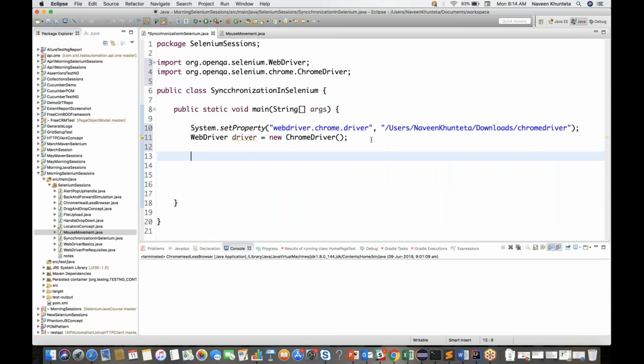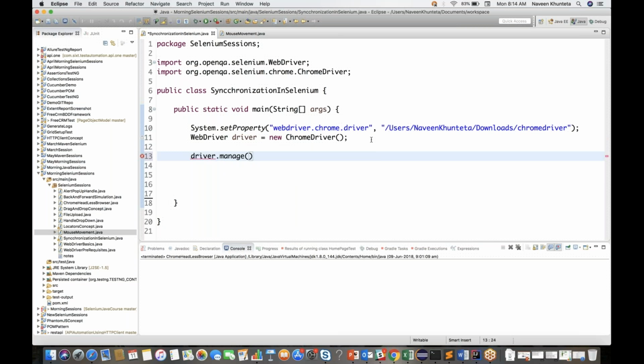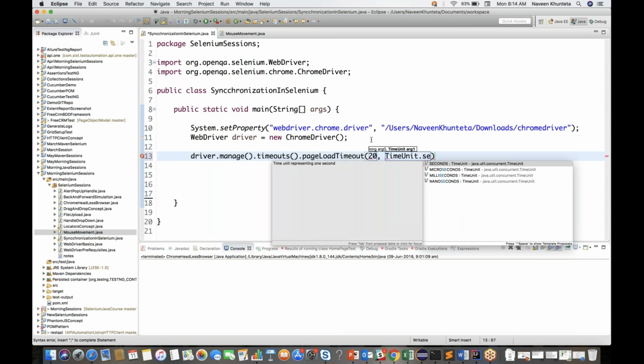And immediately after the driver, we will define our prerequisites like driver.manage().timeouts().pageLoadTimeout. First I'll define, let's see, for 20 seconds, TimeUnit.SECONDS,